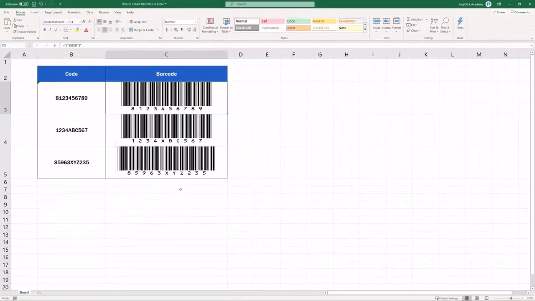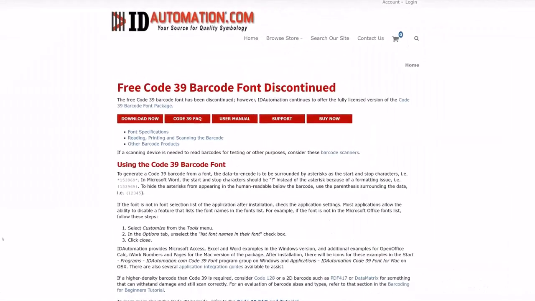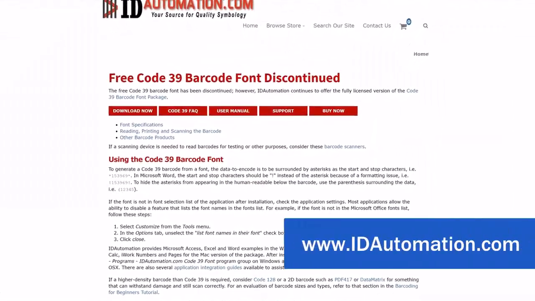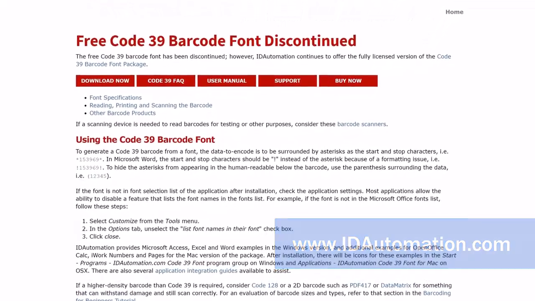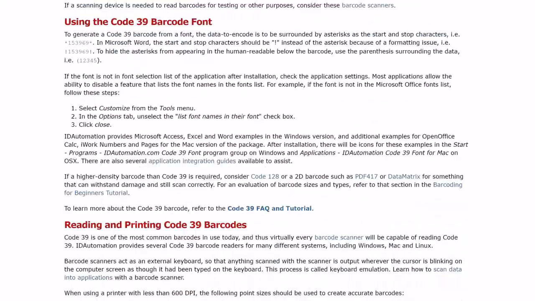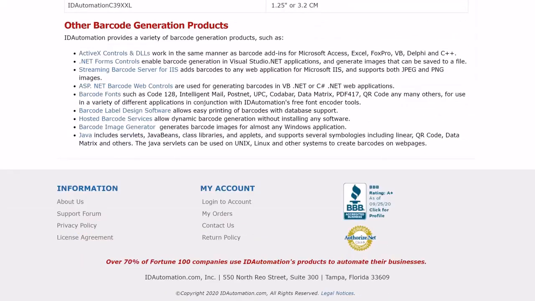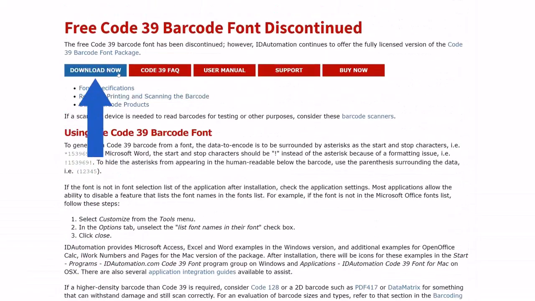We're going to have a look at how to install the barcode font quickly and for free, so you could use it right now. ID Automation HC38M font can be downloaded free of charge from the website idautomation.com. We've posted the link to the website in the description below. This website contains all information about the 39 barcode font, and using the button Download Now, you can download the